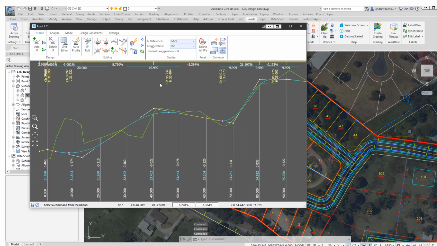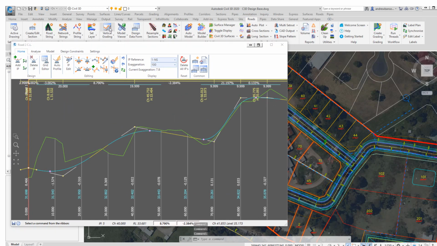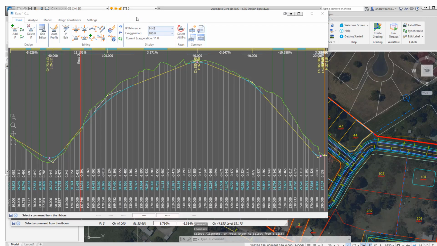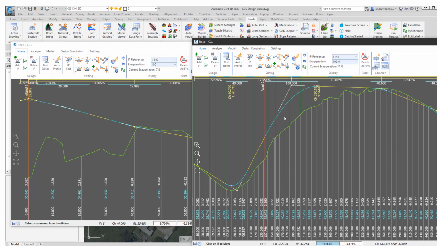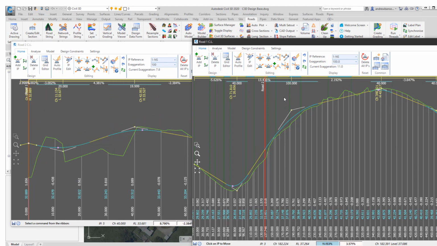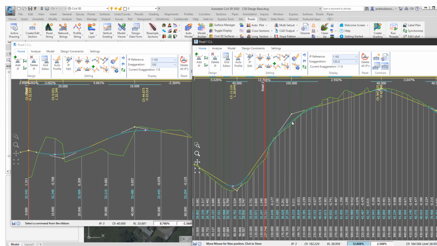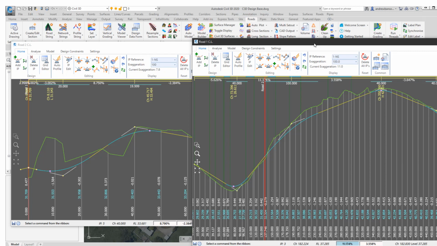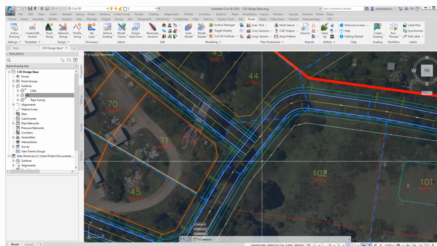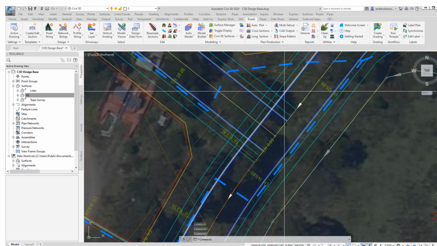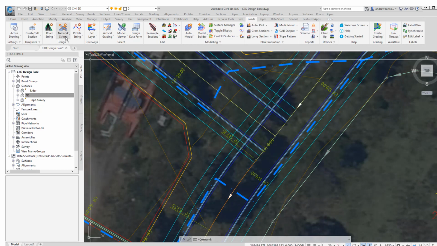So if I was to open up the vertical grading of my main road and move the levels up and down, you will see the levels of the side road also update. Now, because I have this intersection being formed, I can now add curb returns in automatically,